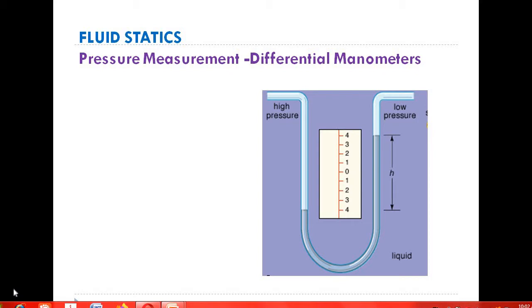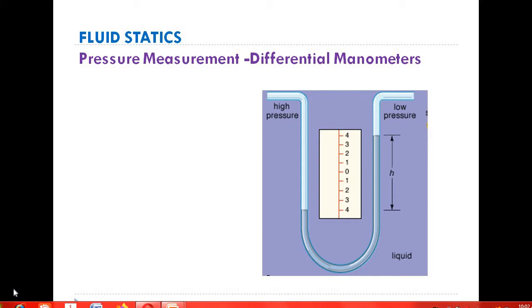Before this, we have studied what is meant by pressure with respect to a static fluid system, that is, normal compressive force acting on a unit area of the fluid in a stationary fluid system. And also we have seen Pascal's law, which states that pressure is independent of the direction. That means it is the same in all directions in a fluid at rest or in a static fluid.